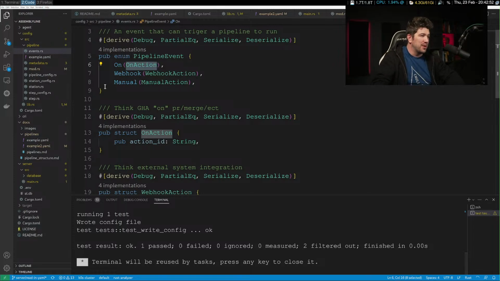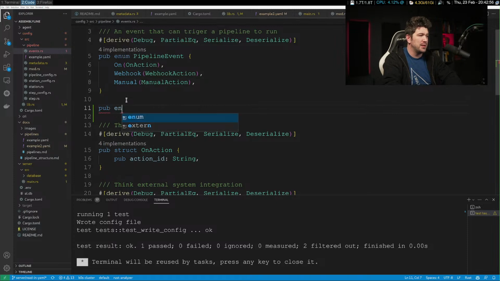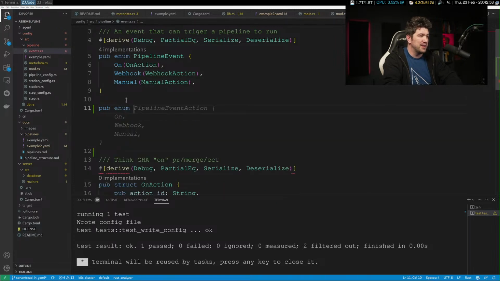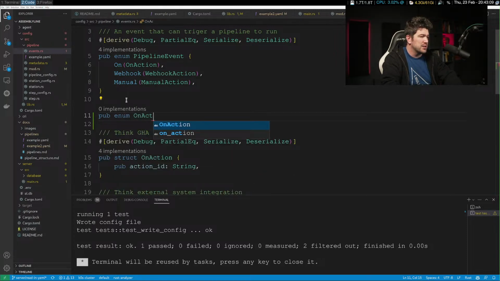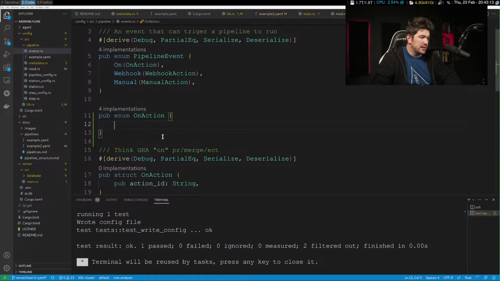So I almost think what we need to do here is a pub enum. I've never done this type of work in Rust, so we'll see how this goes. On action instead of a struct.